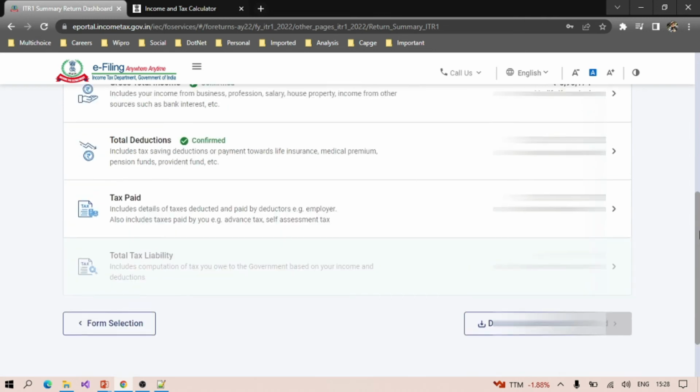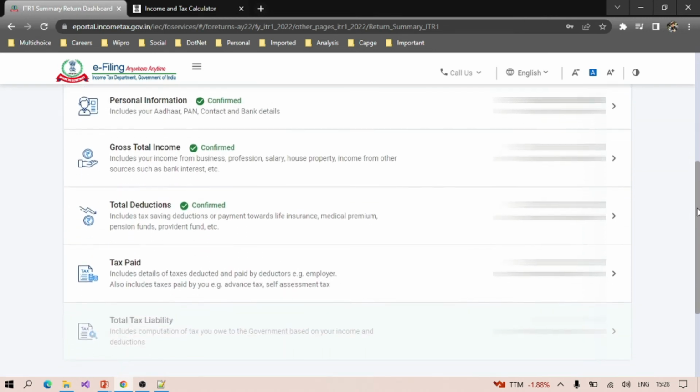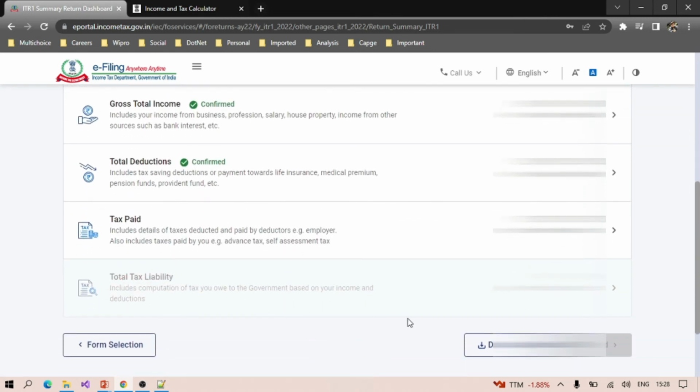and after filling that, the total tax liability, whatever is appearing, that you need to pay off. Okay, and tax paid is basically TDS, meaning tax deducted at source, whatever tax your employer deducted, that will get displayed here in tax paid. And tax liability means what you need to pay to the government for your gross total income. Okay, so